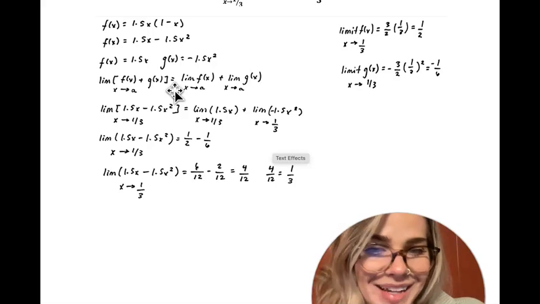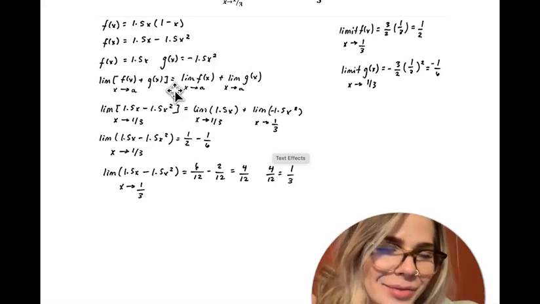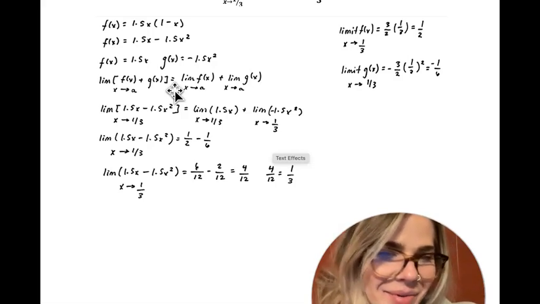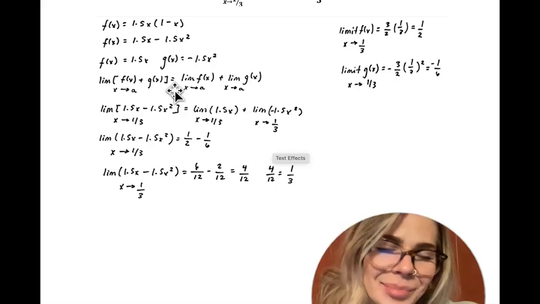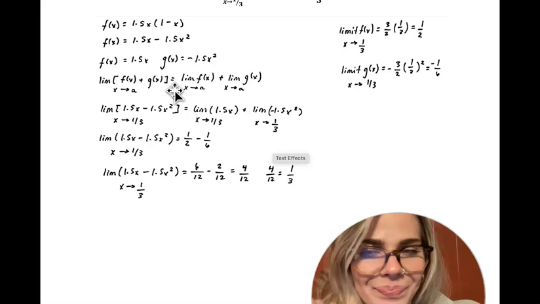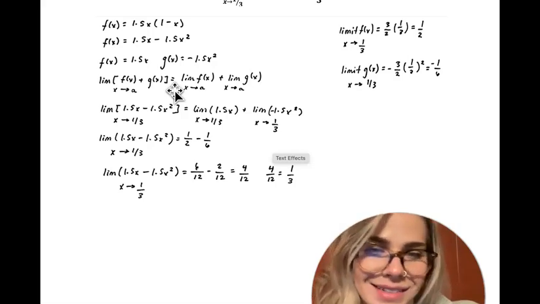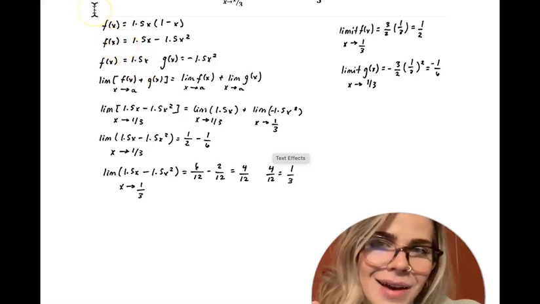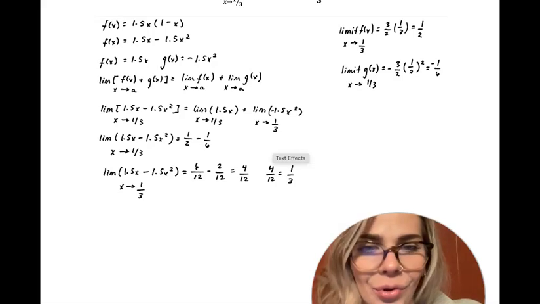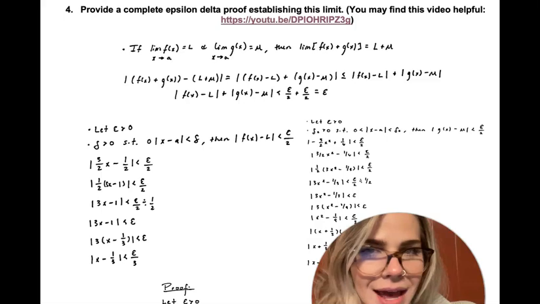I did that as well, but didn't show it because that was my initial attempt at the epsilon delta proof. And I'm showing this before progressing into the epsilon delta proof, because I did end up using the epsilon delta proof to prove the limit of these functions separately instead of simply doing the epsilon delta proof for the function as a whole. Okay, so we know that if the limit of f of x is equal to L as x approaches a,